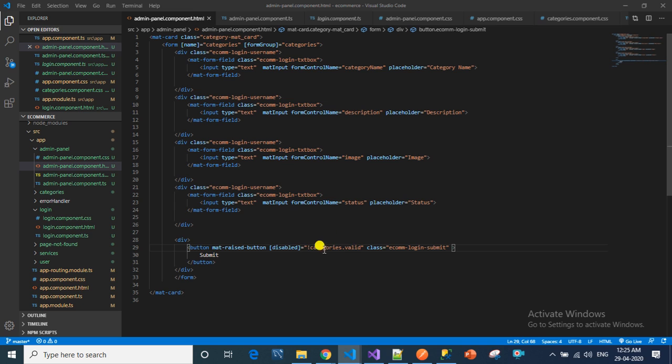We have to enable the button only when the user has entered all the categories, so I am checking whether the form is valid or not by using this. When the user clicks on this button, we have to call a method called insert categories. I will create this method in the TS file.